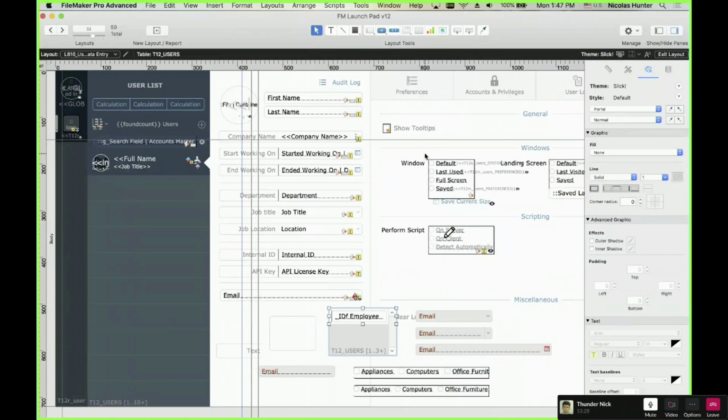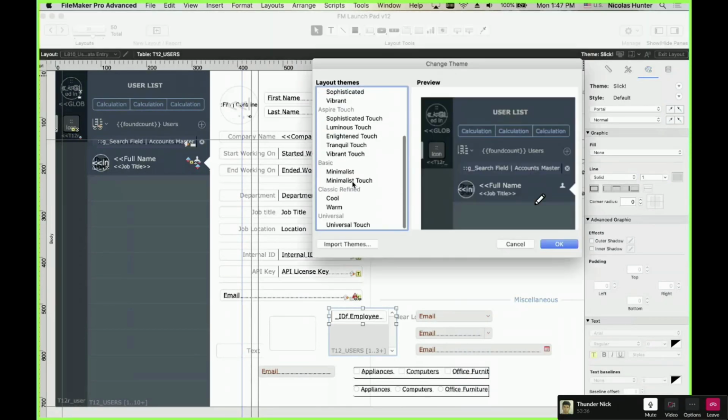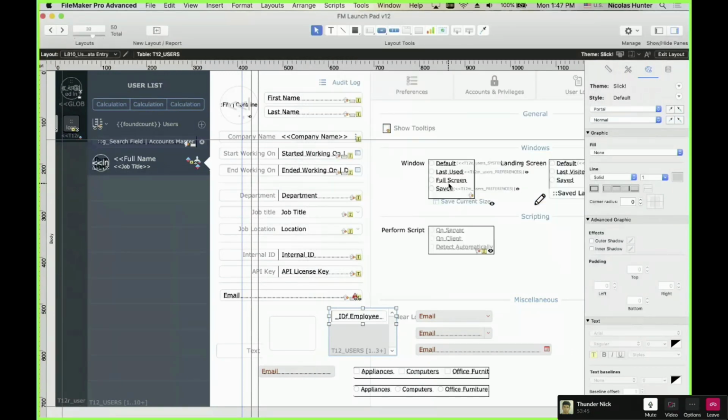Before, there was a difference because FileMaker wanted to keep compatibility with the classic theme, but that theme is no longer there. Remember, classic is gone. If you have it, you can still use it, but you can't specify it.